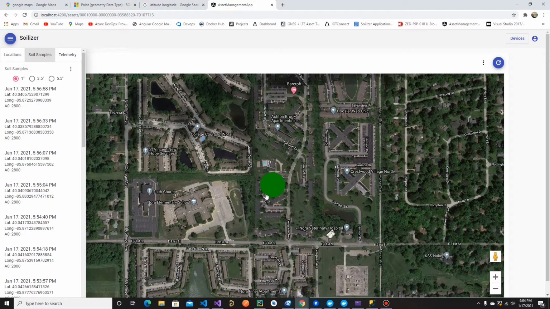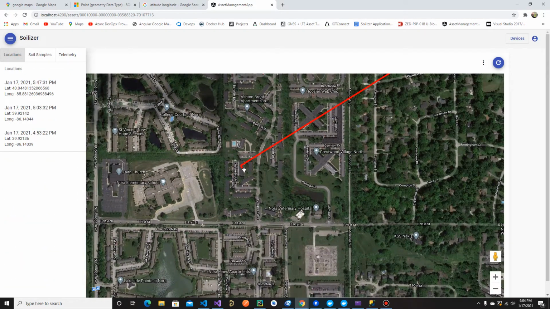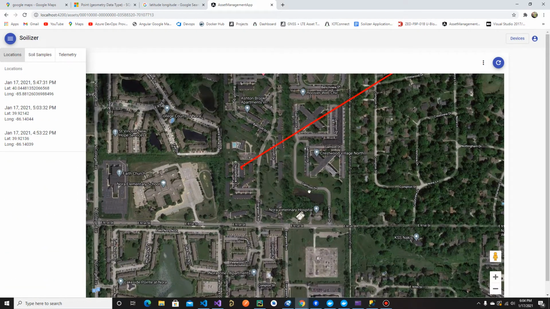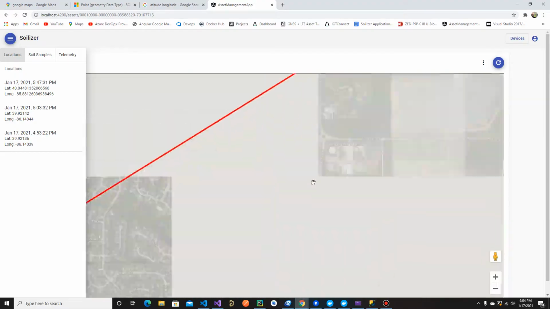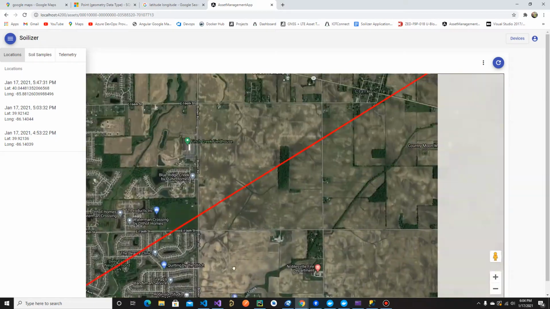So right here in the soil samples, you can see we've got inches like 1 inch, 3.5, 5.5. This is the beginning of the depth. We can filter it out. If we look at the location, this is where the device has gone. So it went over to this field, and we're going to take a look and see what this field